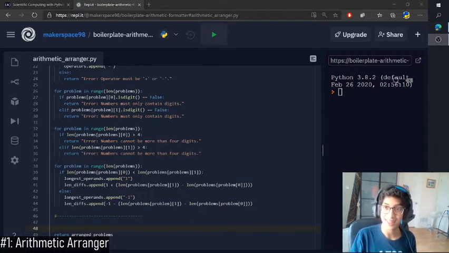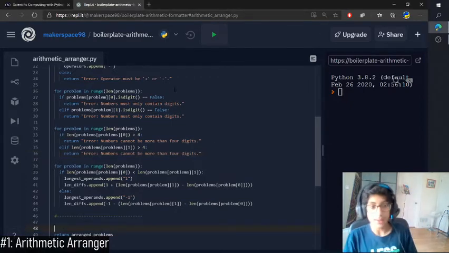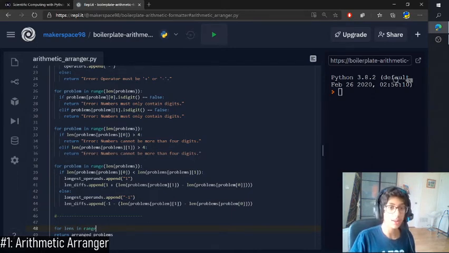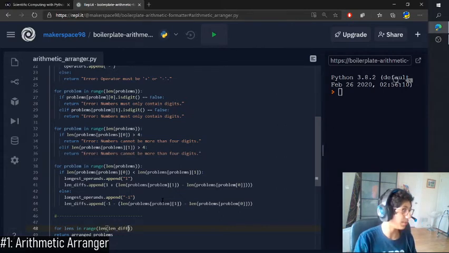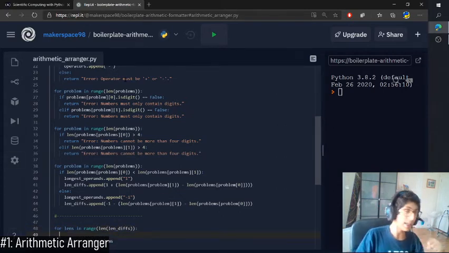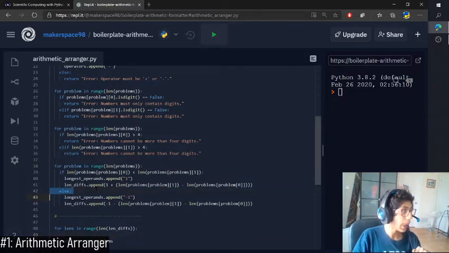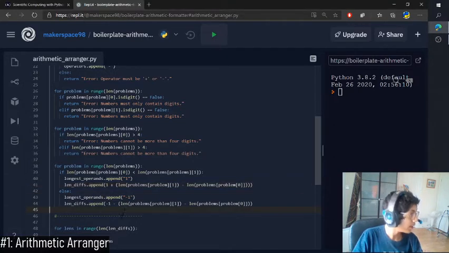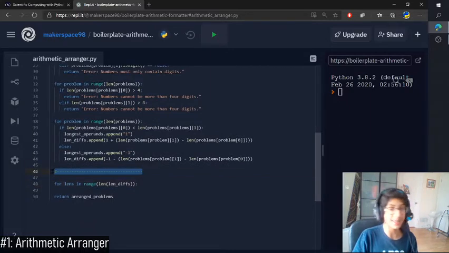One second. Let me just make sure my OBS is still running. Okay, let's go back. Okay, so for lengths, now we're iterating through all the lengths. We're using the built-in function len to iterate through the length diffs list, which we just utilized over here. One second. Beautiful. Okay, so let's just add that little barrier here,